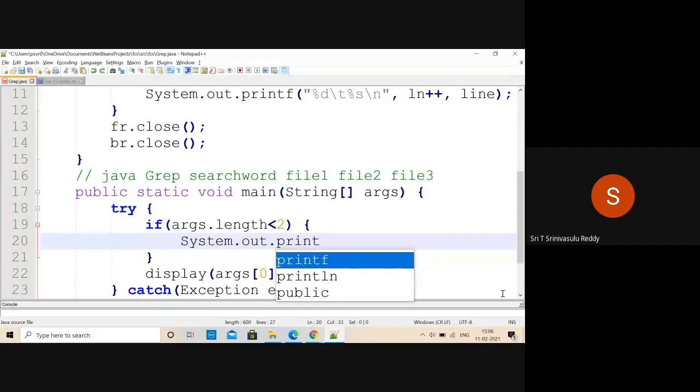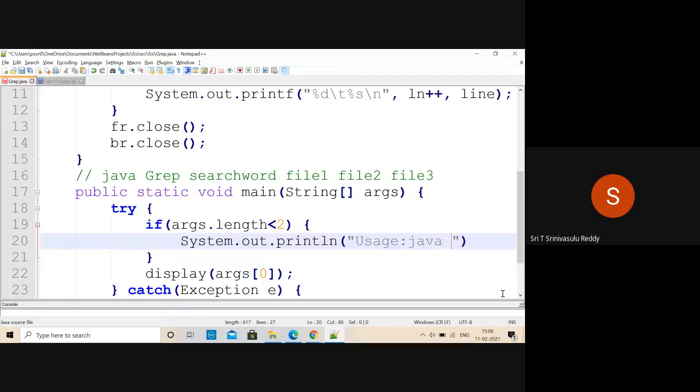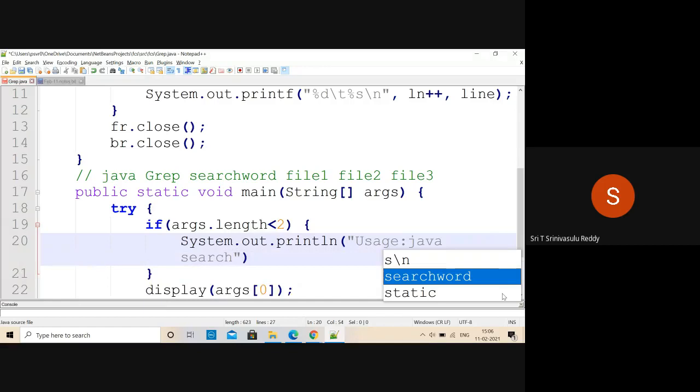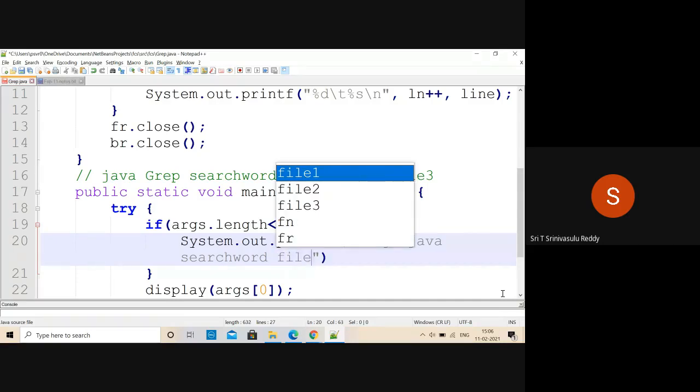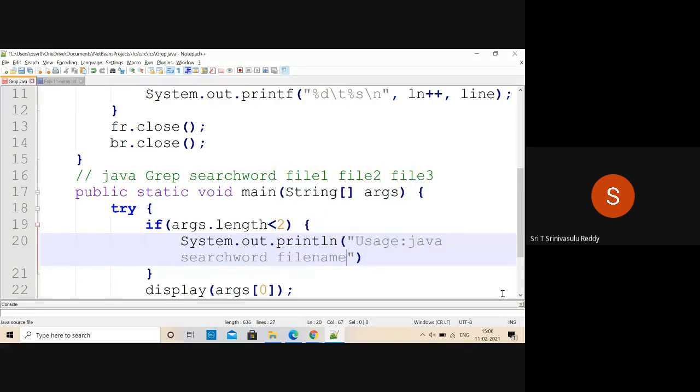So you can say println: usage is going to be java followed by search word, then files. We'll say file names, dot dot, something like this, which means any number of file names can be indicated.